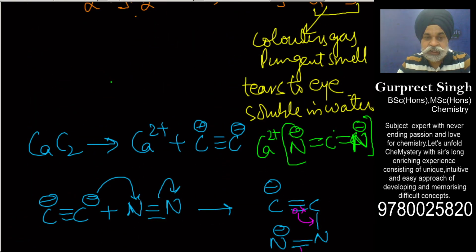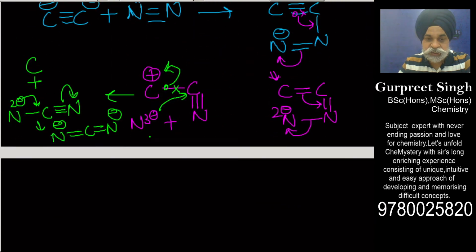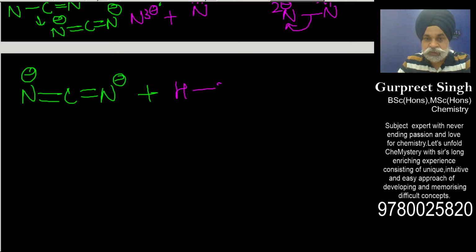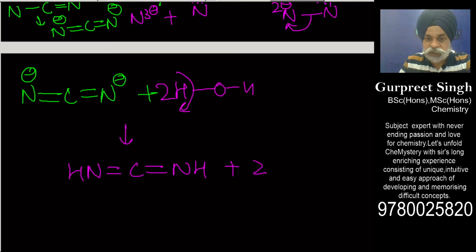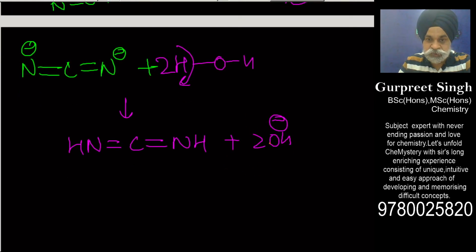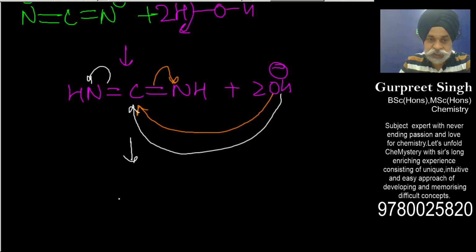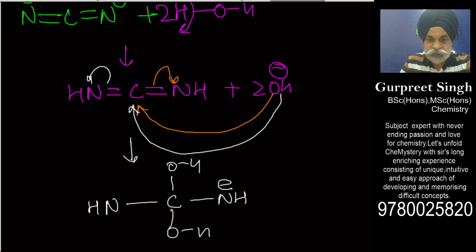For the other mechanism, the hydrolysis of cyanamide, this is also very interesting. If you want, with this nitrogen negative, carbon negative, you just place two water molecules into it. The 2 H positive get joined to this, so this becomes NCNH. Along with it, you get two OH negative. These two OH negative attack here, this moves here, and if the second one also attacks here, this goes here. I'm doing it in a little speedy way; you can refer to that video which I'm asking you. So you would get OH and here also OH, and this becomes negative, negative.